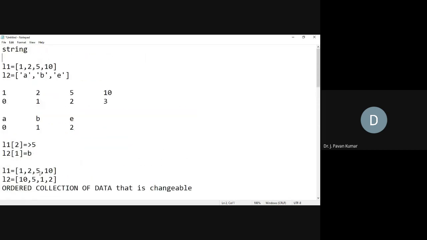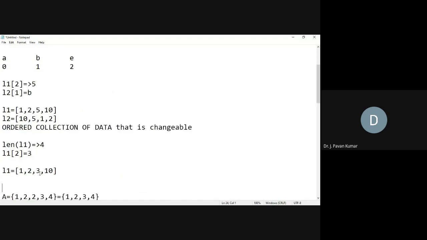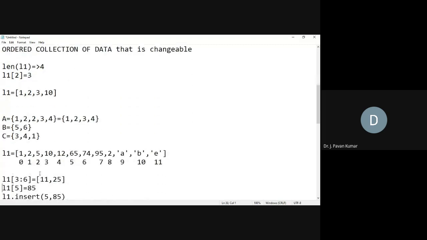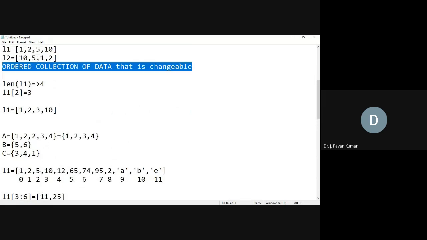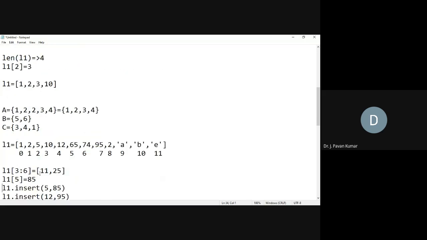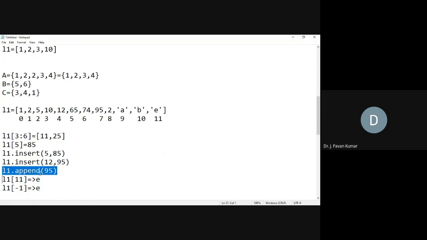Today we have seen what a list is and how we can access it, what the range specification is, and the significance of order in a list. We can change the content of the list, and we can use the append function to add an element at the end.